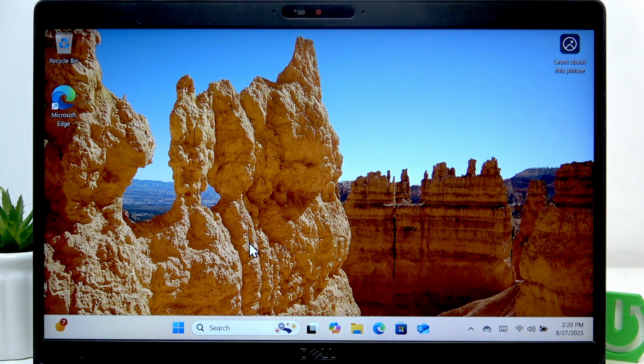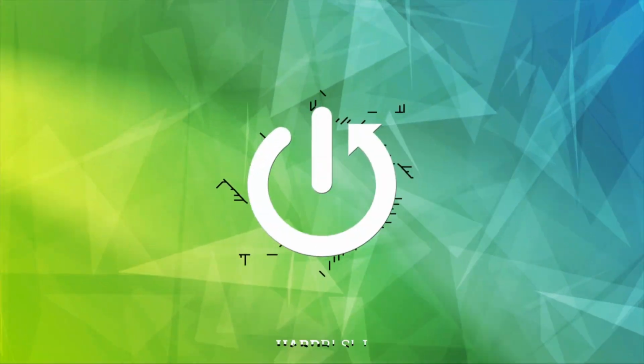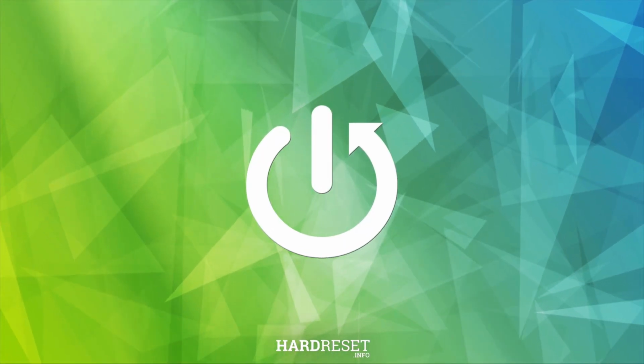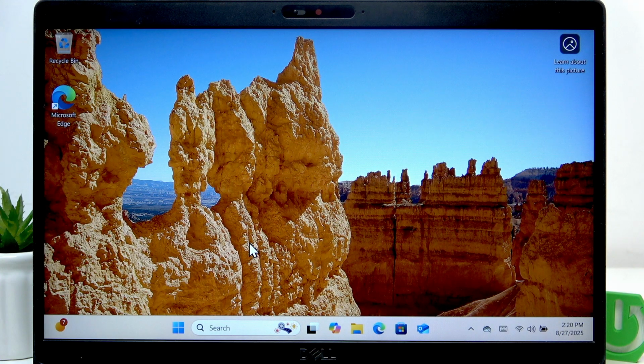Welcome, in front of me is DELL Latitude 5400, and in this video I will show you how to toggle touchpad on this laptop. You can do this in settings, but if you don't have access to your touchpad, you can do this using